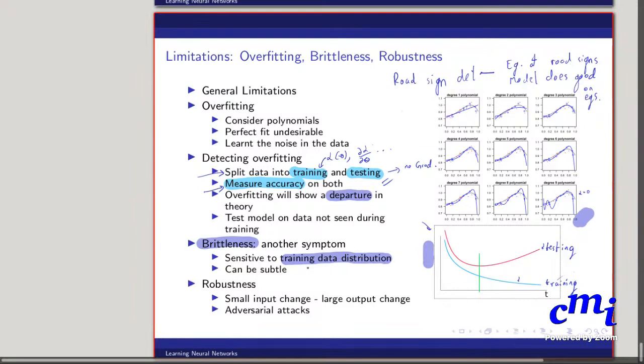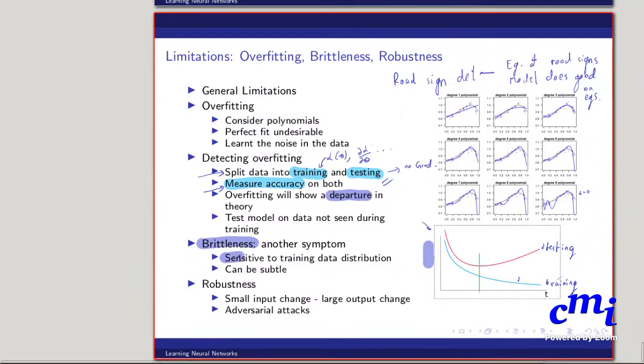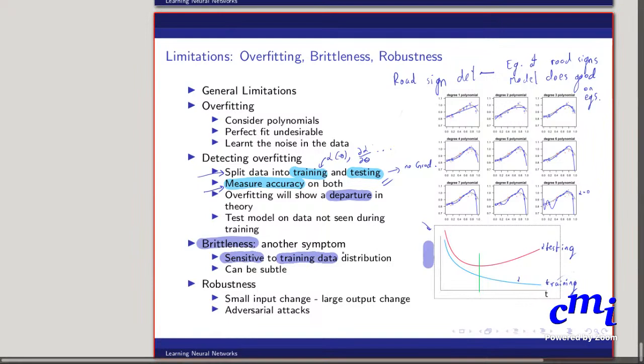So if you were to change the distribution without changing the training data. Can you define what brittleness is? Yeah, so the idea is that any classification system is going to be brittle if it's highly sensitive to the training data distribution. So imagine that you have training data that is not entirely clean, like someone has poisoned the training data with some points that are out of distribution, right?